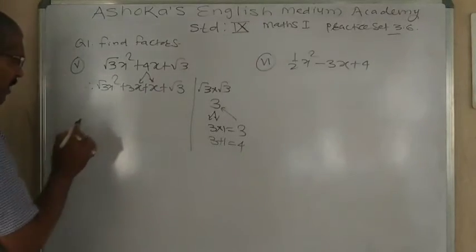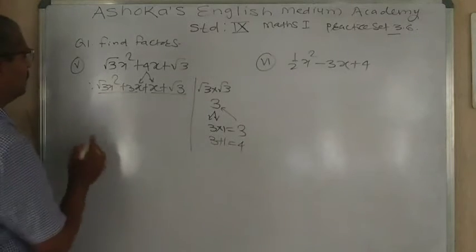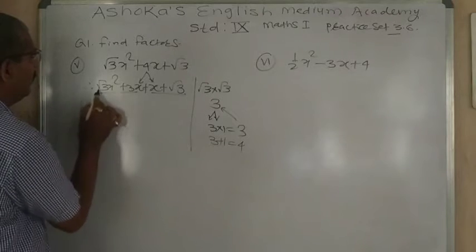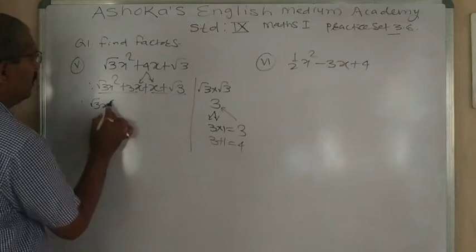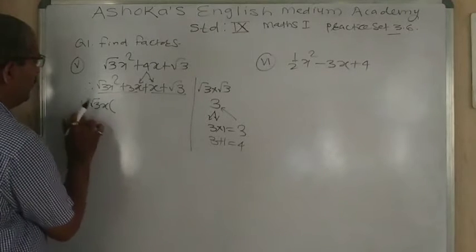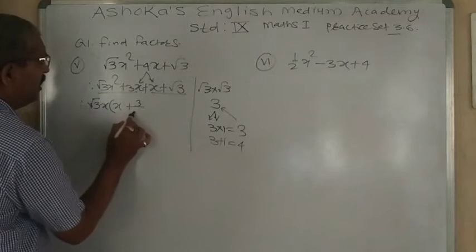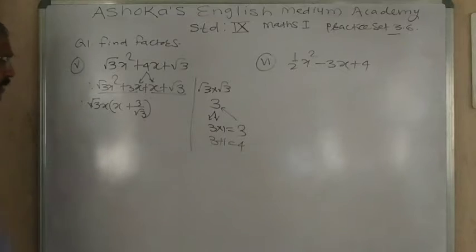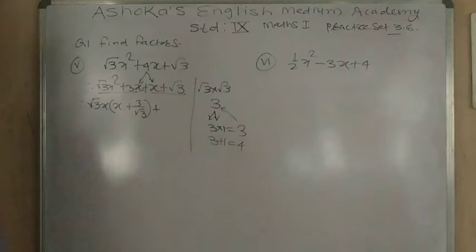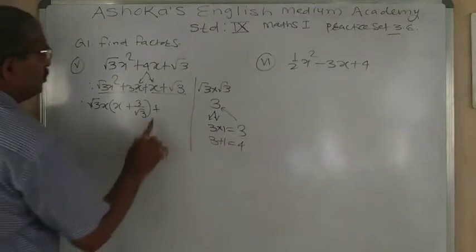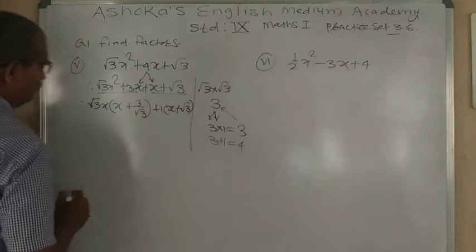Now make a group of the first two terms and another group of the next two terms. So then we will take root 3 common and x common. What happens? Root 3 x square divided by root 3 x, only x is remaining, and here 3 upon root 3. And in the next term, here 1 is common, x plus root 3, there is no number common, so take 1 common, and in the bracket x plus root 3 remains.